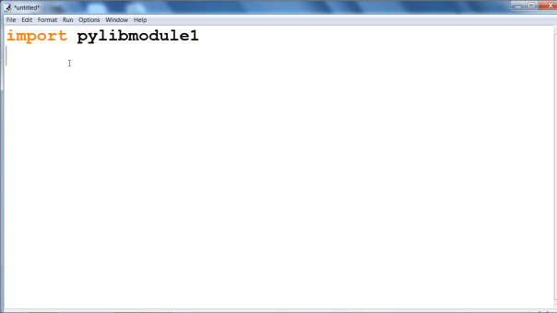Now PyLibModule1 dot, and the function defined in this module. If you remember, in our previous class we defined a function. Here we are going to pass any name or any digit we can pass here.